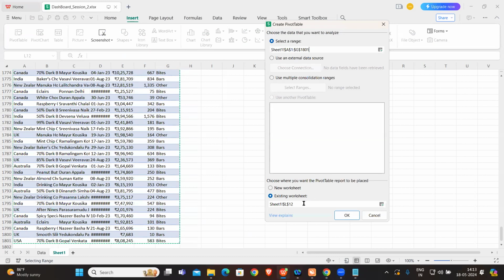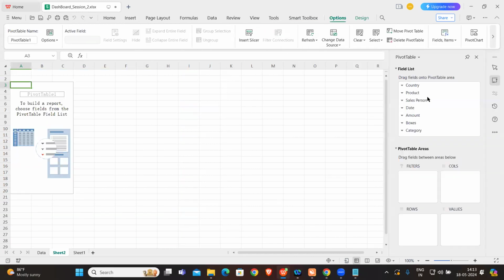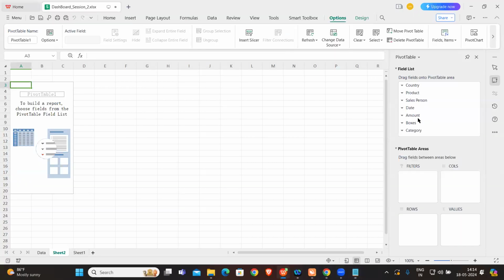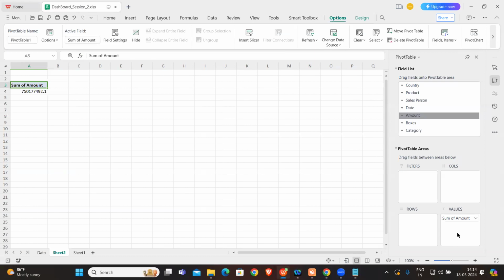Okay. So this is the range, and then this is the existing worksheet. Now if I want to place it into a new worksheet, I click on new worksheet, and then I click on OK. Now what happened? All those columns have come here. Agree? Agree, guys? Now what is the first question? Sum of amount. If you need to find out the sum of amount, what you need to do? Just directly place it into the values,